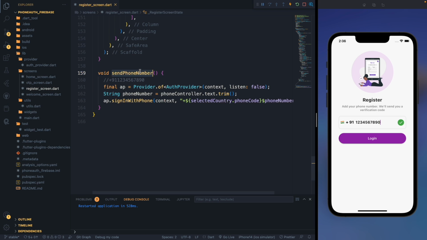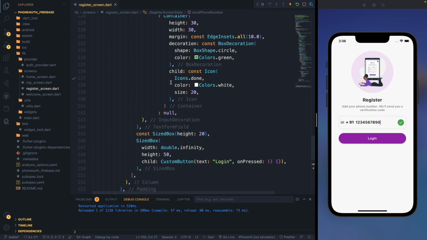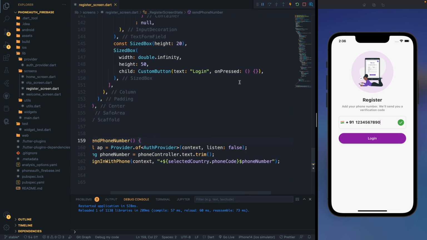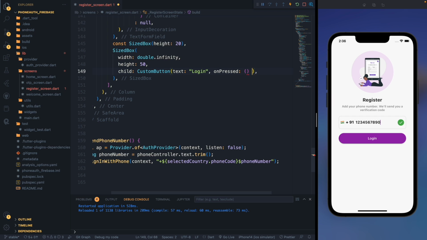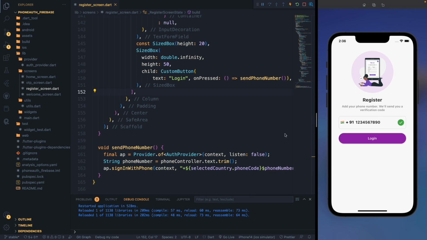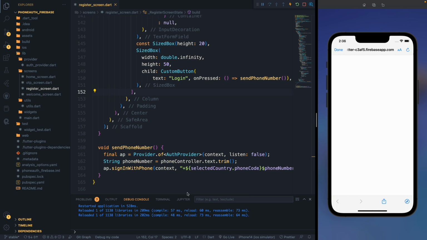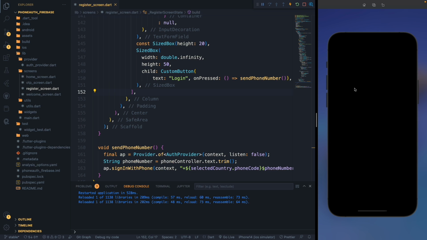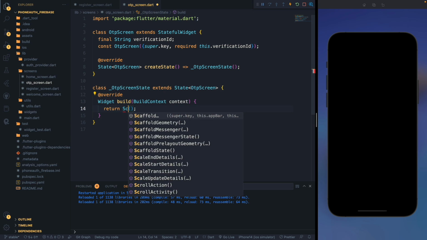That means we come to this. Let me just remove this. I need to assign this function to the onTap of this button. Where is the button? Okay, so this will be like this. If I click on this login, this will open up a particular window inside the Safari where Firebase will verify whether the application is okay or is not a robot. So let me go to our OTP screen and provide a scaffold here,